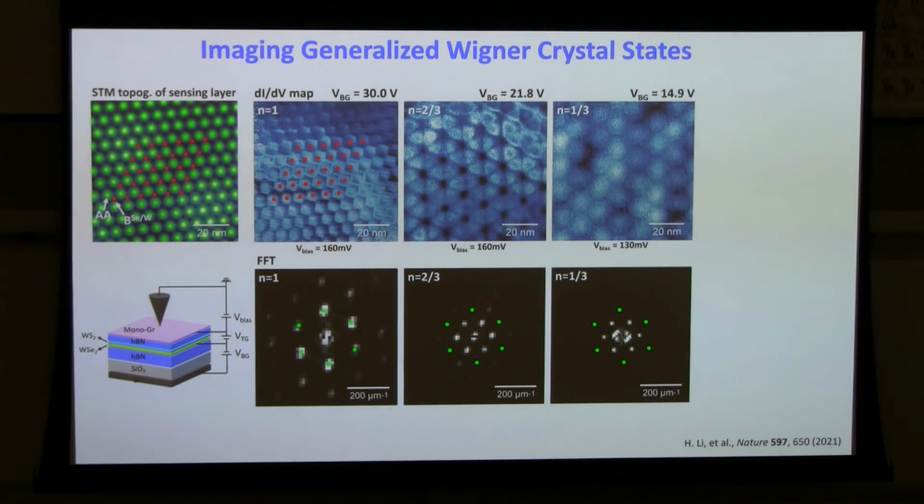Then we reduce it even further to n equals 1/3, 1 electron for every 3 unit cells. And now what we see is a completely different lattice. Now it's back to a triangular lattice, but it's a very dilute triangular lattice. It has a much bigger lattice constant than the original one. And that makes sense because now we have only 1 electron for every 3 moire unit cells. And if you take a Fourier transform of it, you notice that it's the same Fourier transform, which is